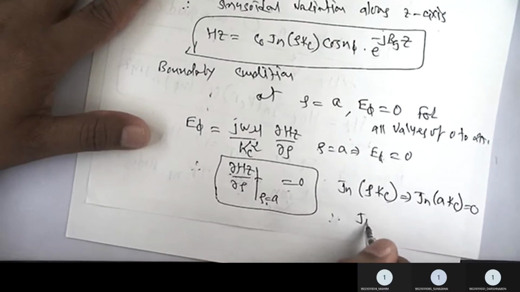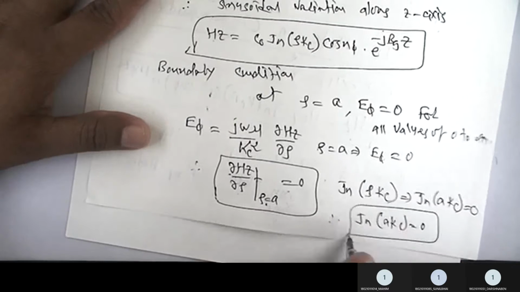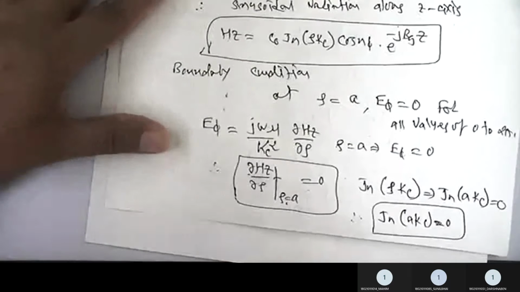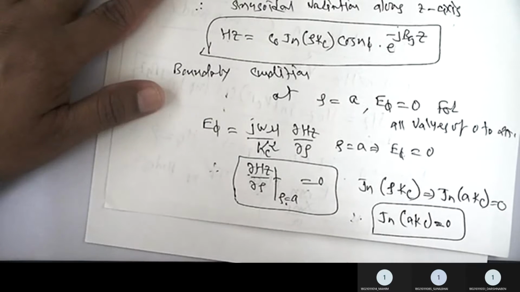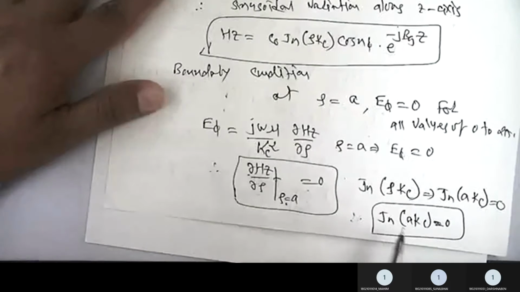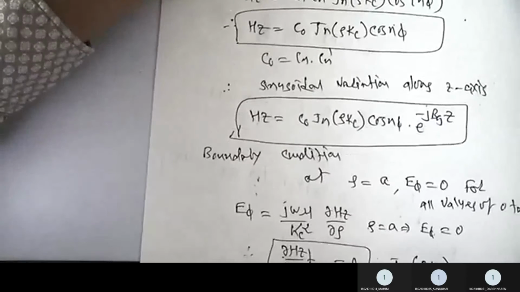So ultimately you will get at this boundary condition J_n(kc a) = 0. So this is what I can say, that for Bessel functions, if rho is equal to 0, then the Bessel function's value at this point will always be equal to 0. Let me now, for solving this part, introduce another parameter, and that is very crucial.